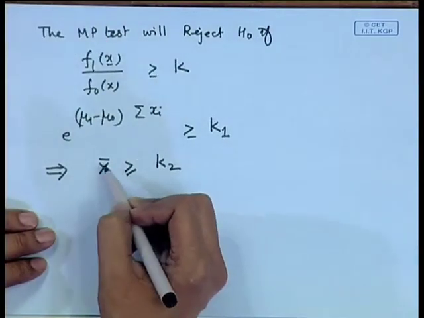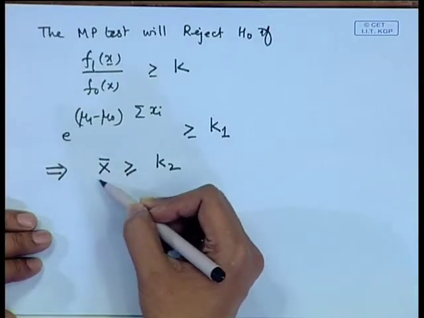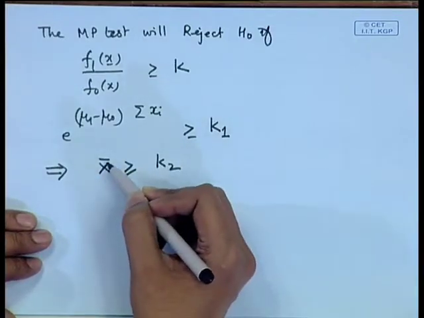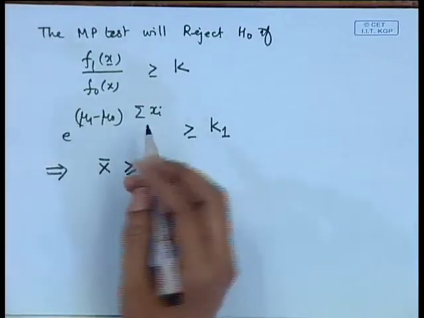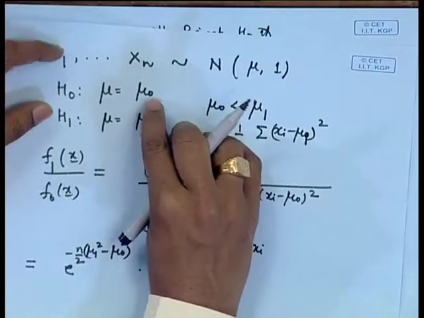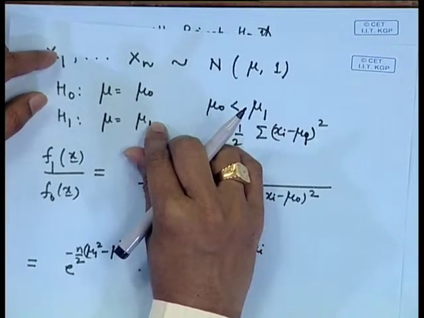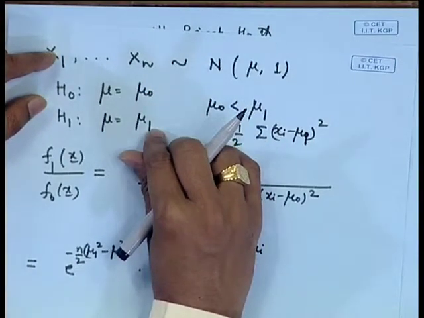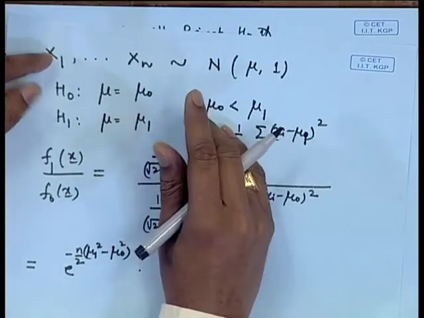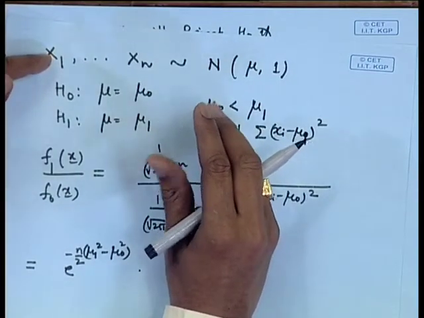Therefore, the test is to once again reject H naught for larger values of x bar. So, if you compare with the previous situation where I had taken mu naught to be 0 and mu 1 is equal to 1, then we were rejecting for larger values of x bar. So, as I mentioned here that the only deciding factor is the value of x bar, but we wanted to know the scale of x bar, that on what scale we will consider x bar to be large or what should be the small value,